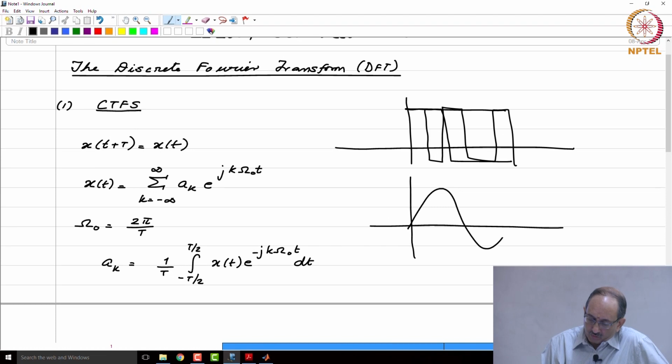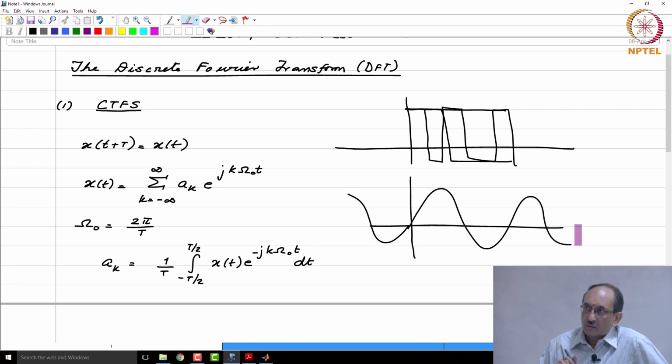If I have a pure sine wave and express this in terms of its Fourier series, what will happen is the coefficients that I have, if this were a real valued sinusoid, how many coefficients will you have? You will have two coefficients, right? Depending upon the frequency, you will have ak and a minus k, where k omega naught t is the frequency of this